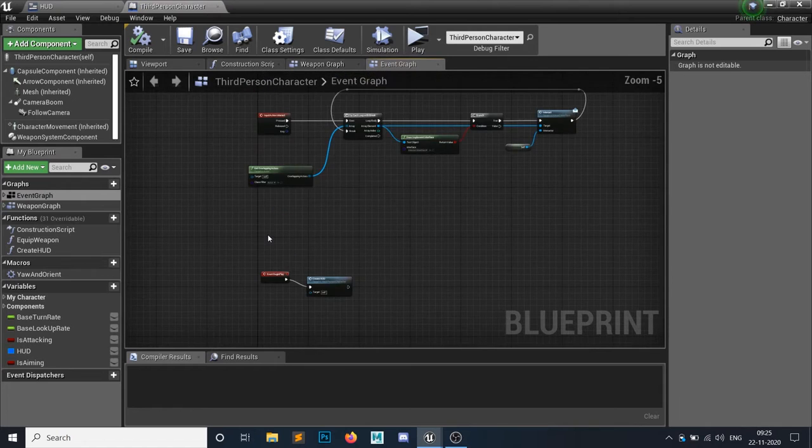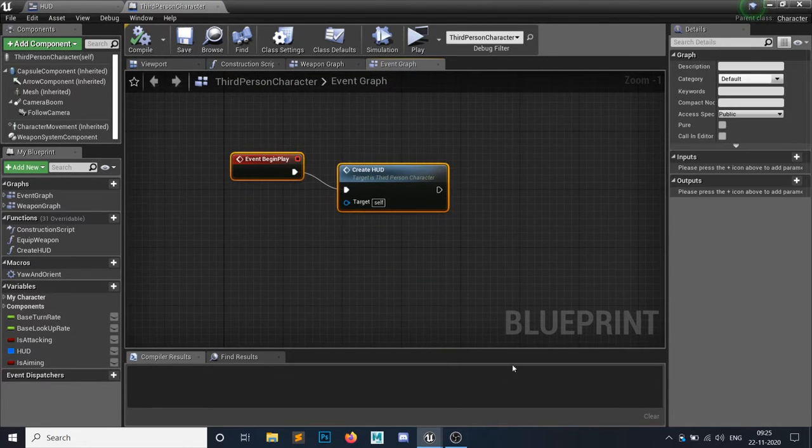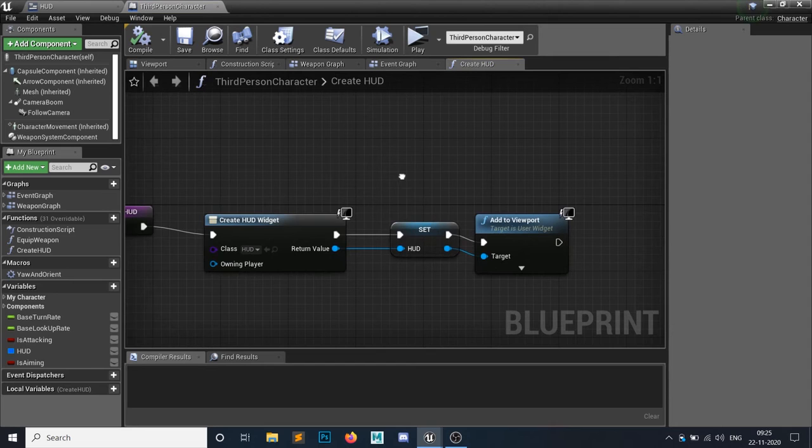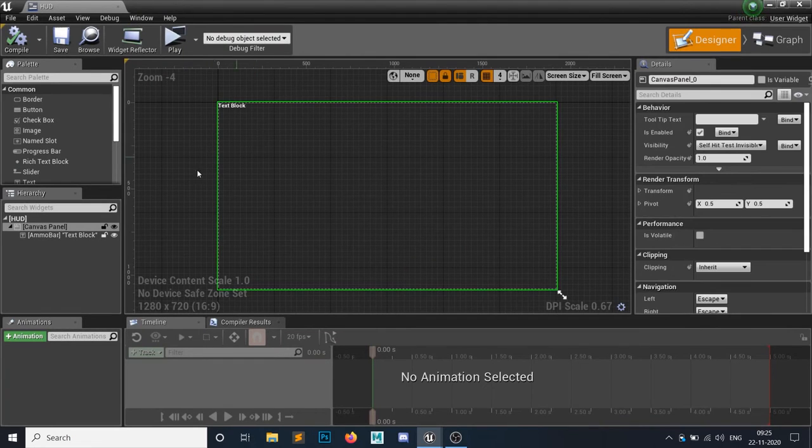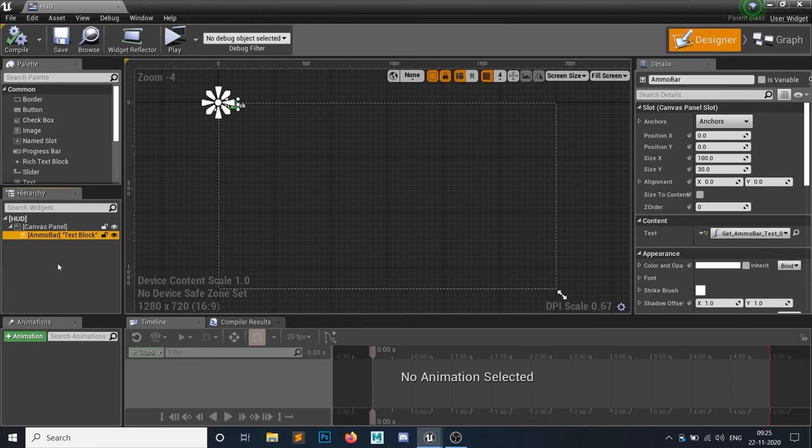Yes, I'm creating a HUD, this one. Okay, close this up, we don't need that, we need this. So let's create the HUD.